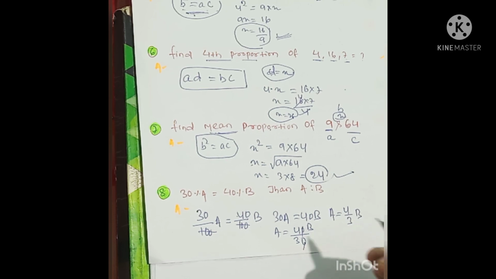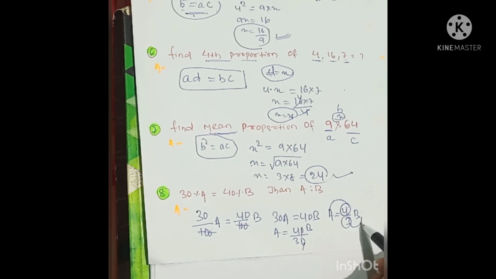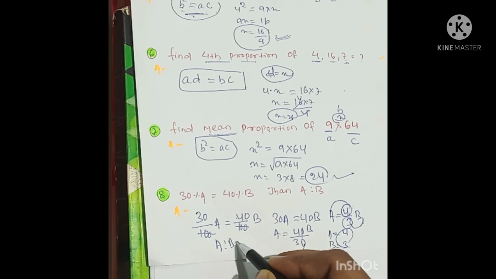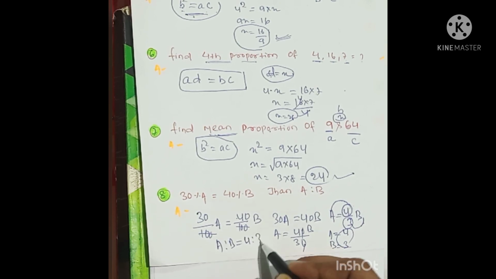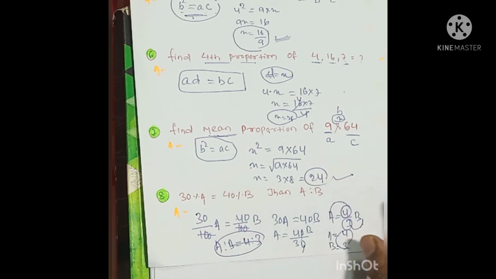Now look here very properly. Which will be the ratio? Which one does 4 go to, and which one does 3 go to? Remember, the upper side always goes to the left side, and the lower side always goes to the right side. That means the value of a becomes 4 and the value of b becomes 3. So you can write the ratio a is to b as 4 is to 3. Got it? So finished. I hope you enjoyed it and understood these things.